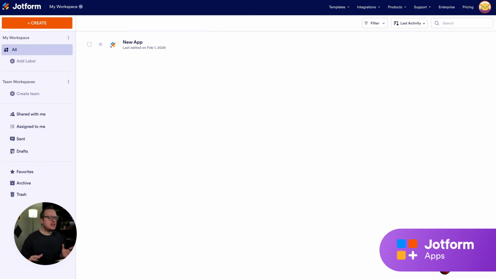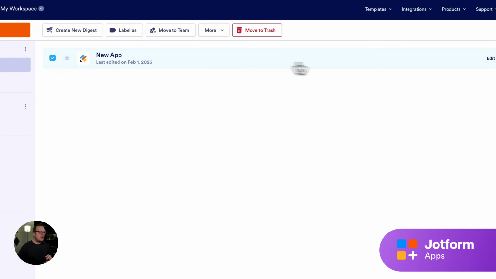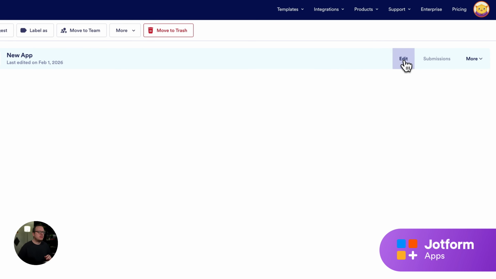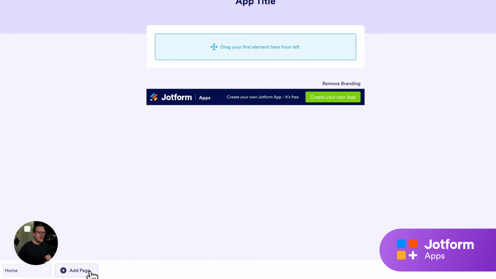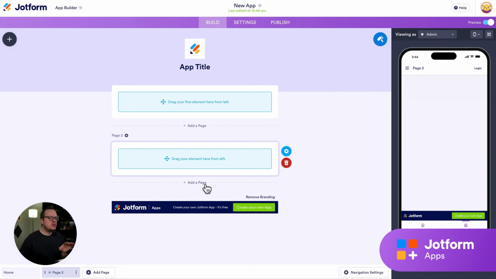So connected pages let you separate content by category, add clarity, and create interactive multi-page app experiences that feel natural to explore. So to get started, open your app in the Jotform App Builder. So I'm going to select mine and click on Edit. Then at the bottom left corner, you want to click on Add Page to create a new section inside of